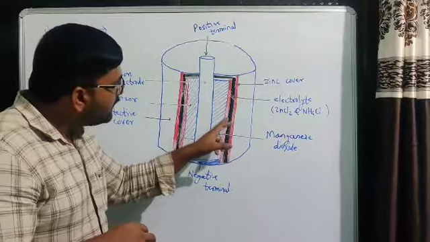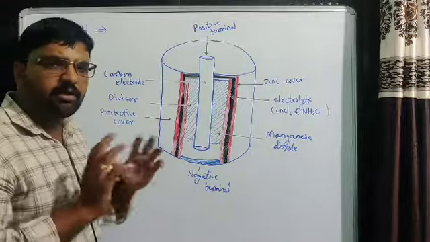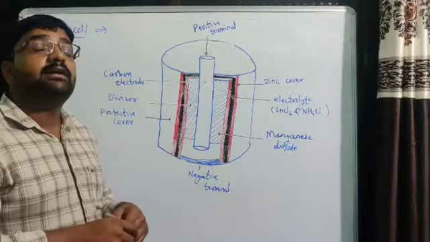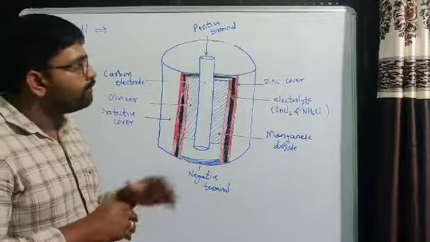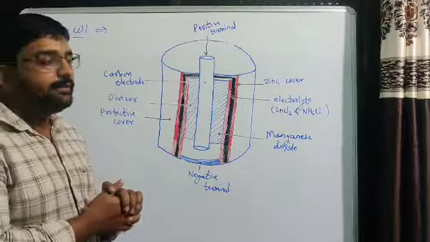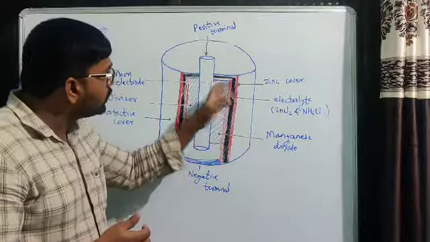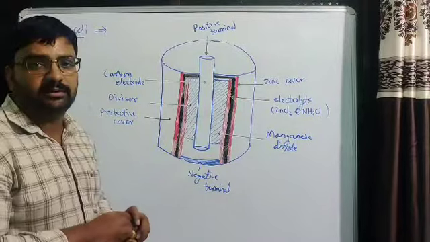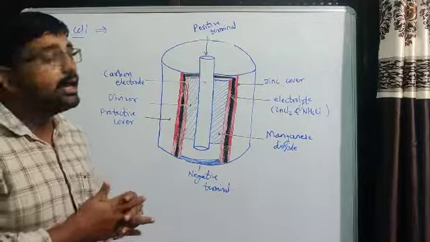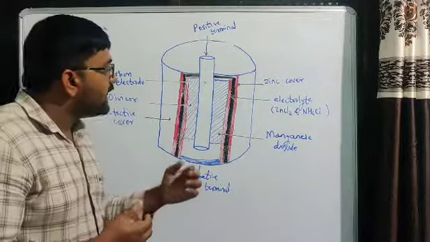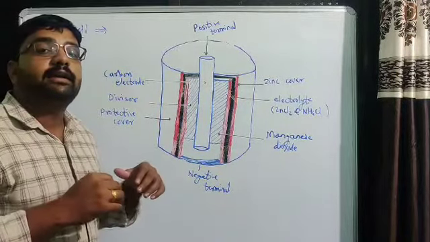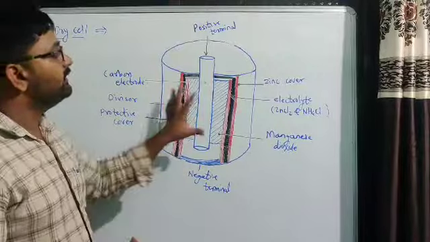Due to the chemical reaction in this electrolyte, simply here we have to remember, electric charges are generated. Because positive and negative terminals are there, the charges then move toward the respective positive or negative terminals. If charges move, then we simply call it electricity. In such a way, by the chemical reaction that takes place here in the electrolyte, electric current is generated in this cell.